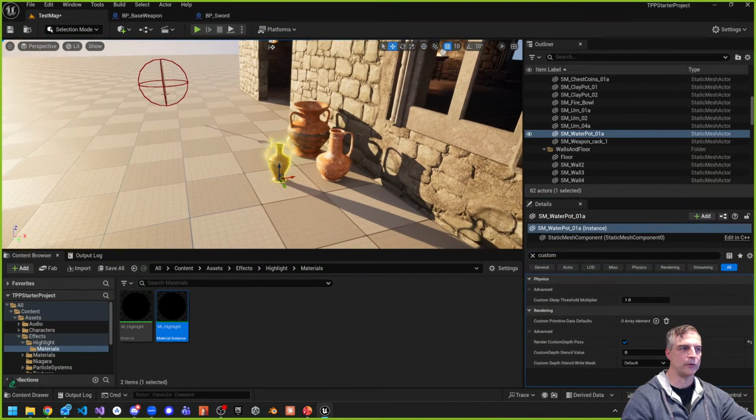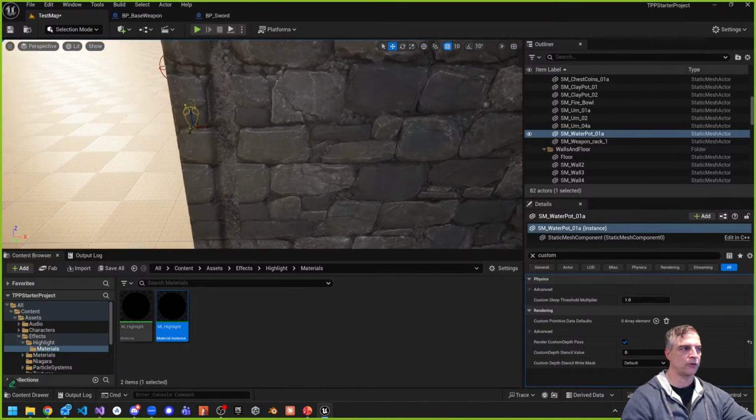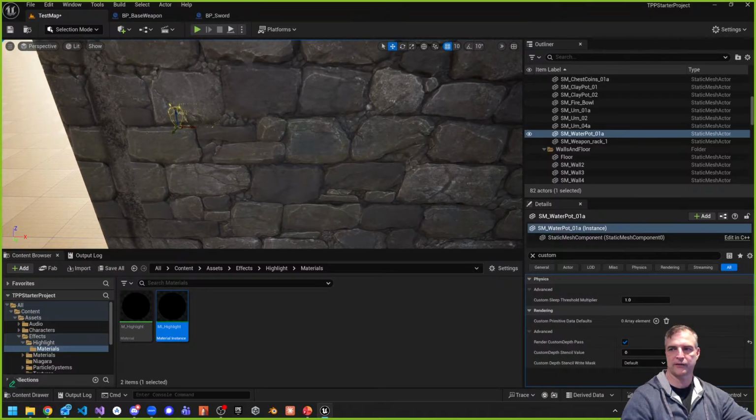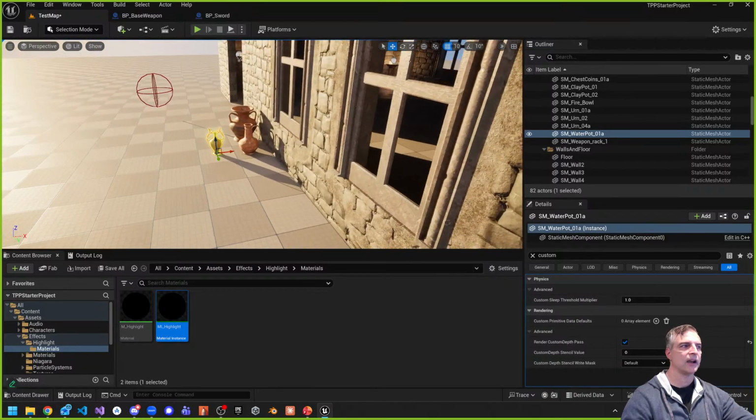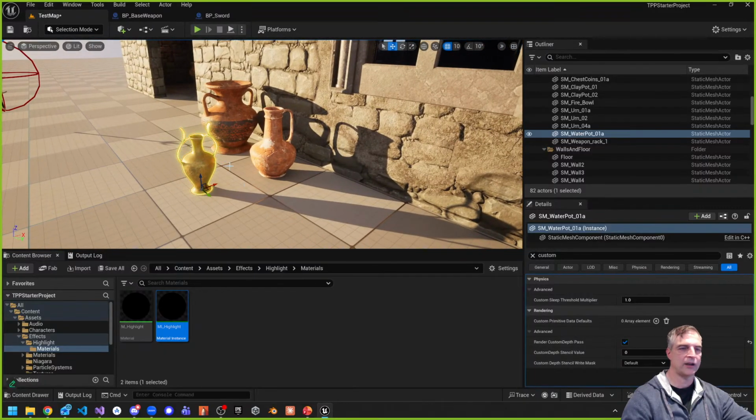Now, one thing to note is when it's highlighted, you can see it right through the walls. So if I go here, there it is. Now this is positive and negative. You may not want this effect, and there are other shaders out there that will do the highlight in different ways. I've chosen this one. So again, you can highlight any number of objects. I can add the highlight to a bunch of objects like this, as an example,